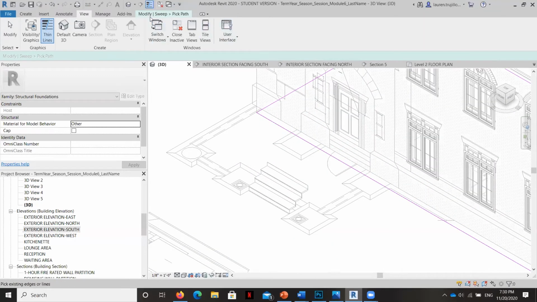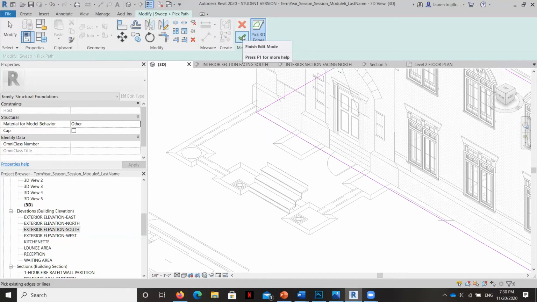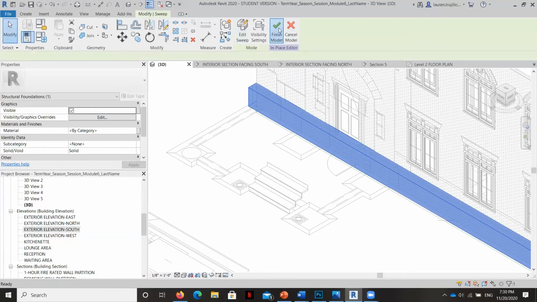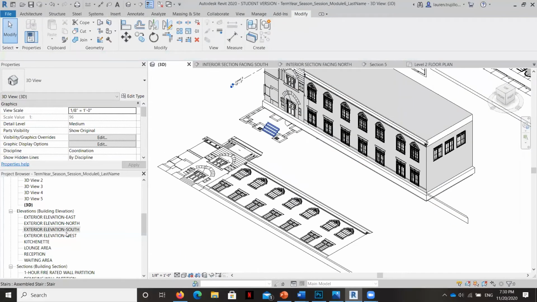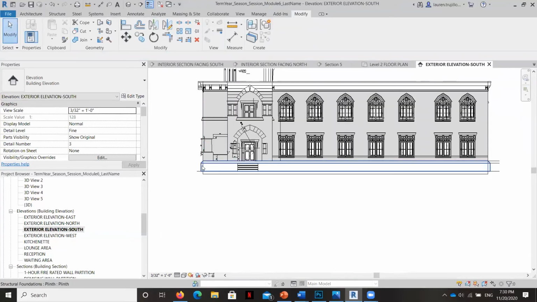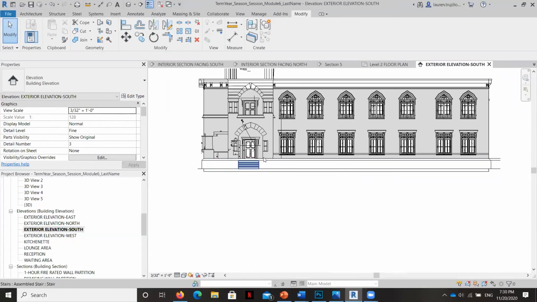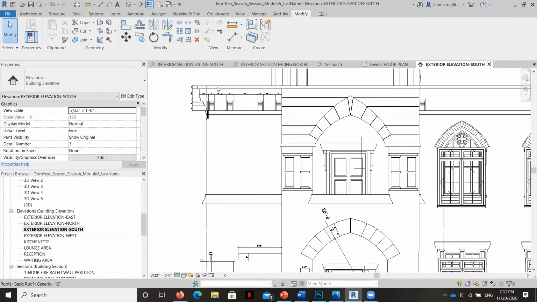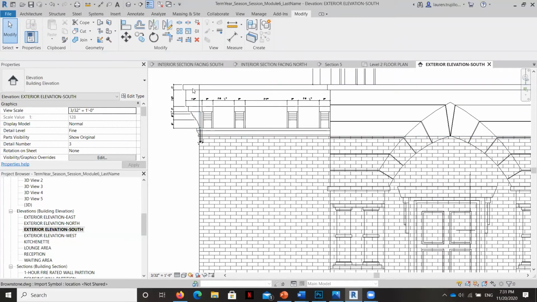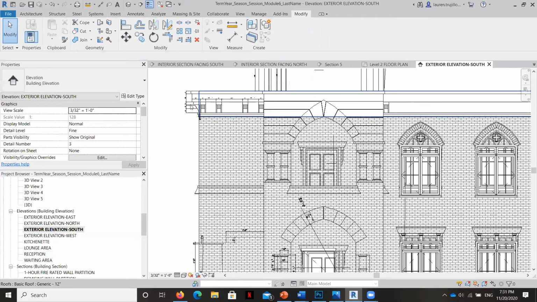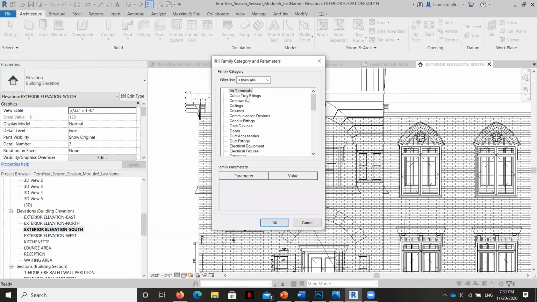Okay, now I'm going to hit the green checkbox, and there it is, and finish the model. Now, if I look at it from the south elevation, we have a beautiful extrusion or a sweep, pardon me, that goes along the base perimeter and creates a little plinth. There are two other sweeps here, this one and this one, and we're going to create those right now by the exact same method. So I'm going to go to Architecture, Component, and Model in Place. This one would be considered more like casework.